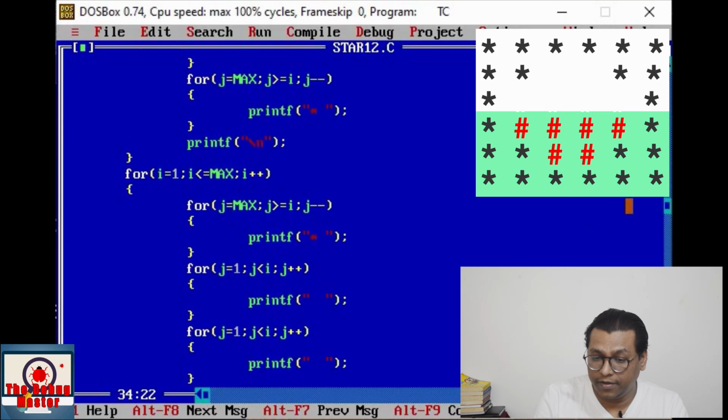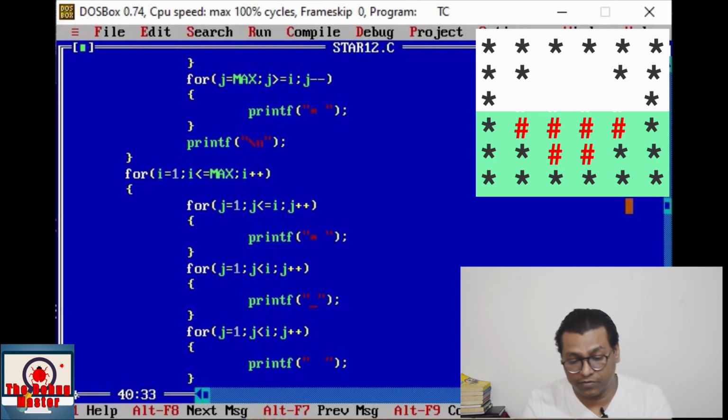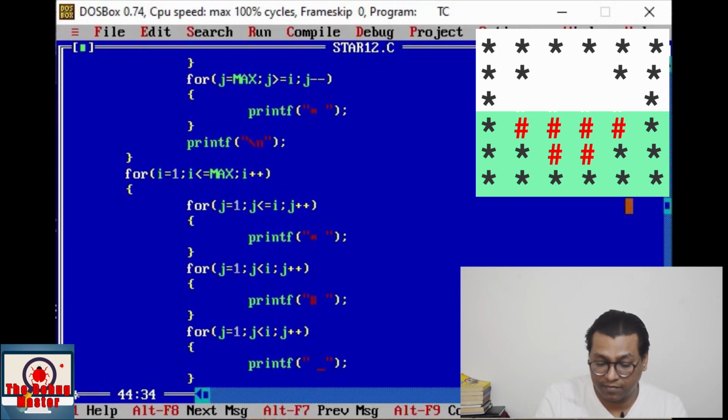It is a decreasing order star pattern, we shall make it an increasing order star pattern. For that we shall write j is equal to 1, j is less than equal to I, and here j plus plus. This is an increasing order pattern to print hash, right? Here it was hash in the previous part, right?